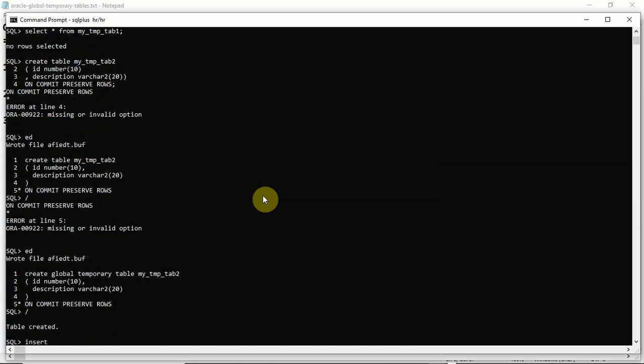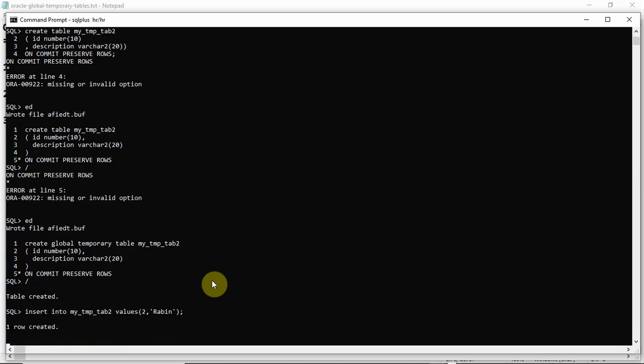So insert into table name, and this time I'll put here 2 and I'll put here my name. Okay, I have to write values. So one row created. If I select star from this table,